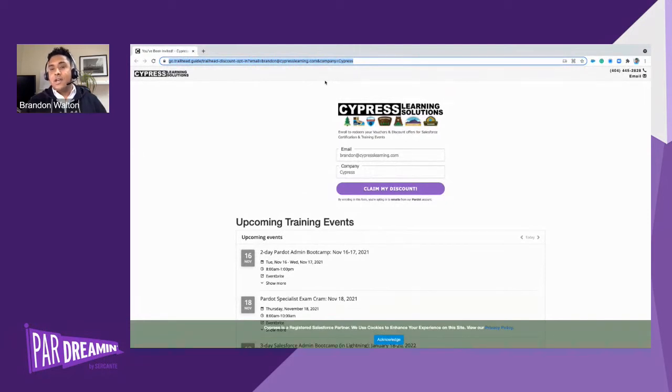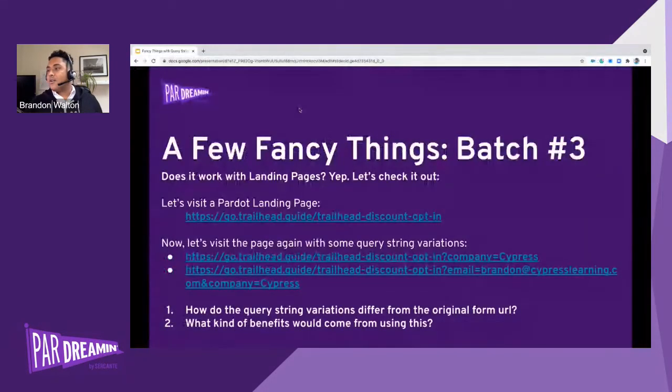If you're using links inside of emails, a really powerful thing to do is add additional query strings inside of those emails, particularly with iOS 15. One of the things that we've been doing in our marketing is passing through the prospect's email from the email. So we have that additional piece that we can capture just in case some of the cookieing stuff gets a little bit weird. We can still understand who the prospects are clicking through. So the takeaway from there is query strings will work with Pardot forms as well as landing pages.